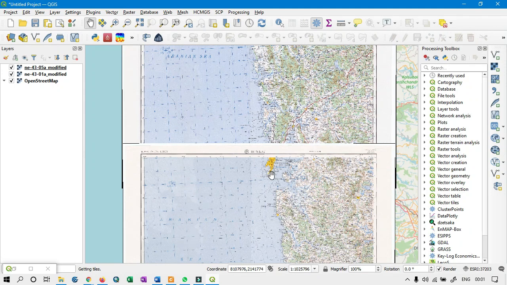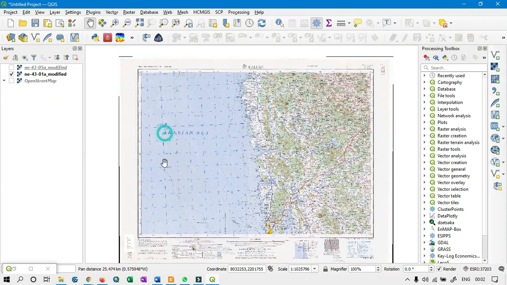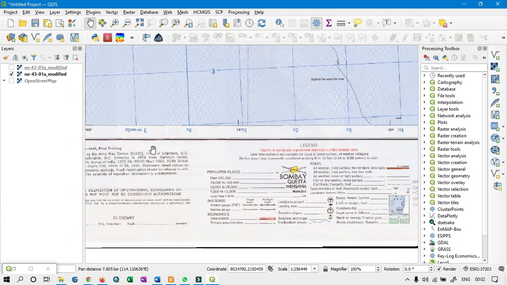Now, the other thing is that you see there is a lot of extra information surrounding the maps.